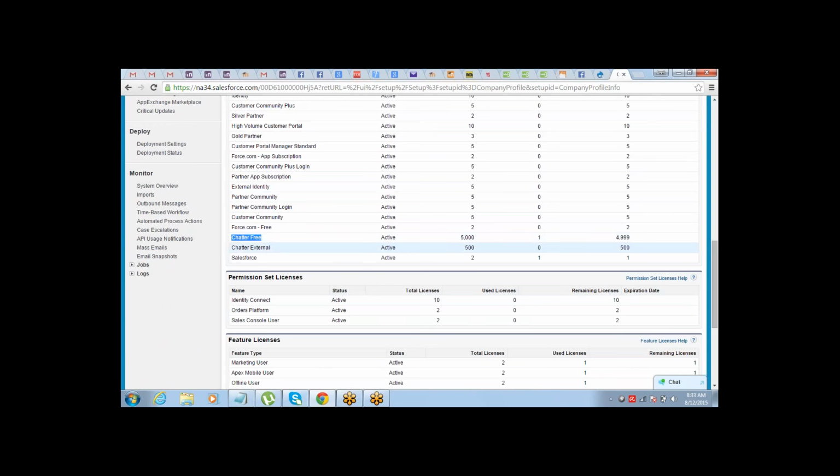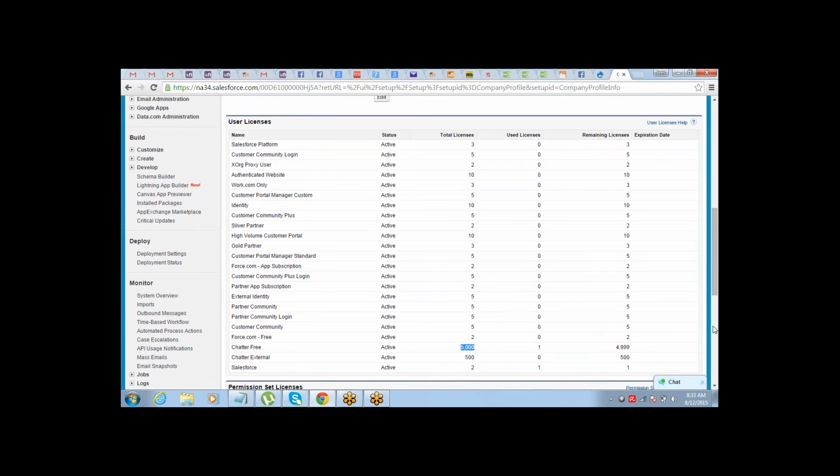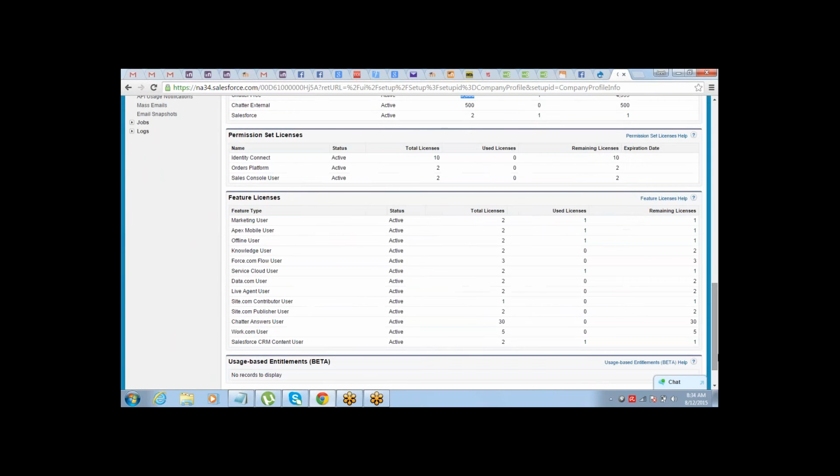And see, Salesforce gives 5,000 licenses free for Chatter, right? So you can create licenses for people. They will be able to use Chatter. They can chat using this functionality. Correct? Yep. Okay. So that's there.